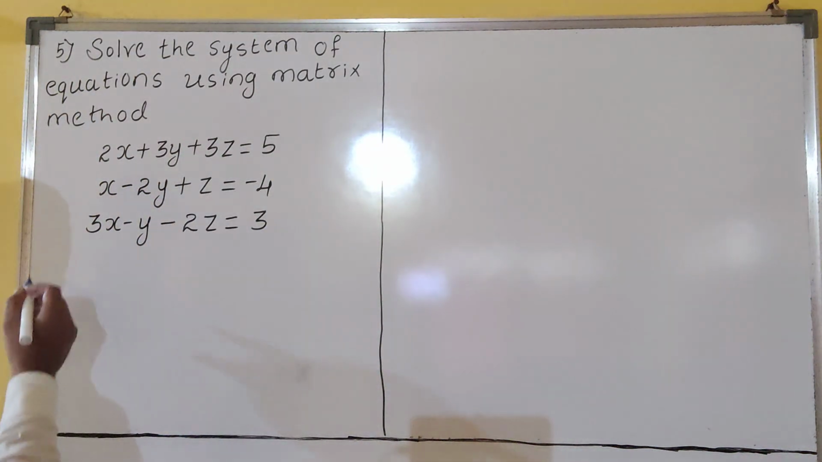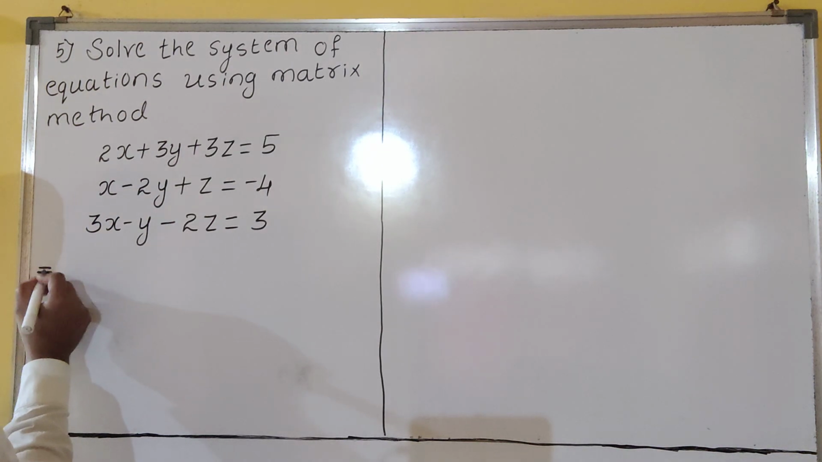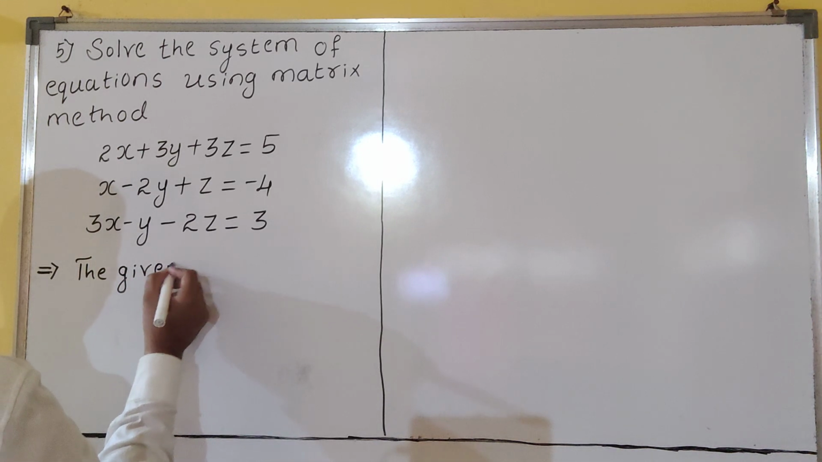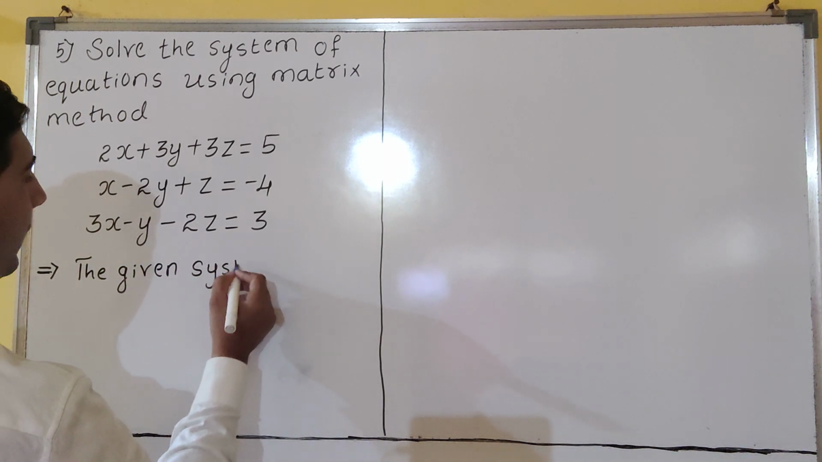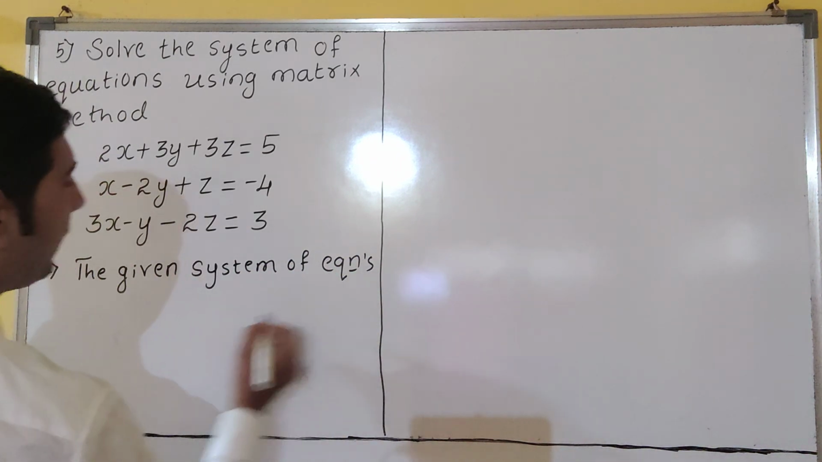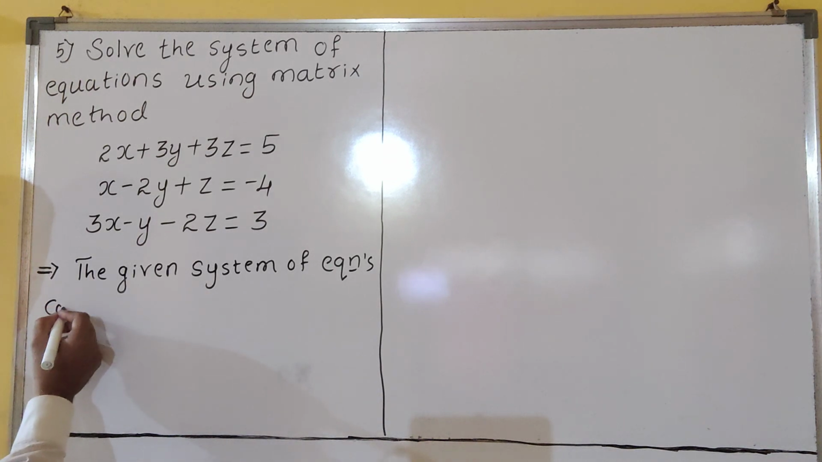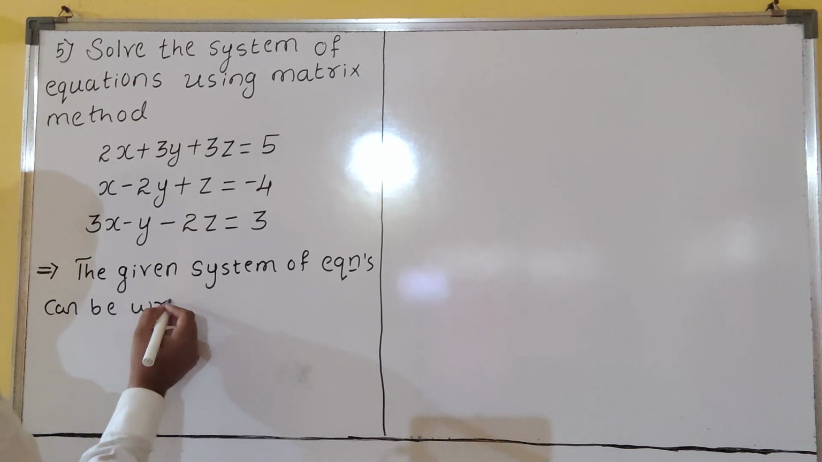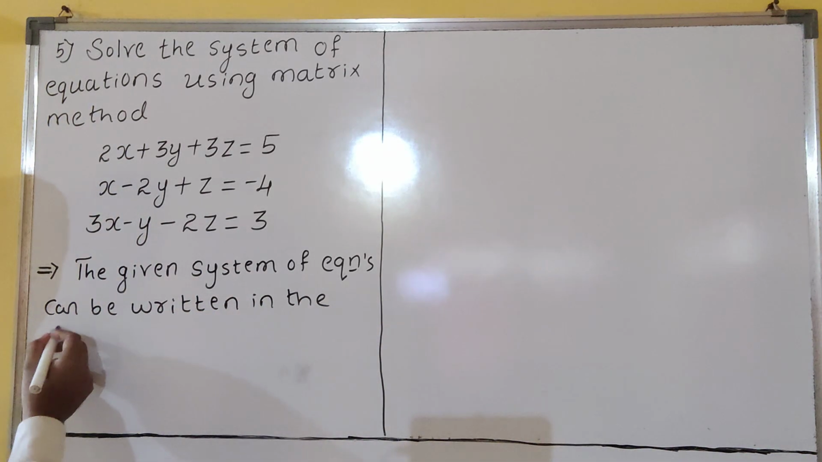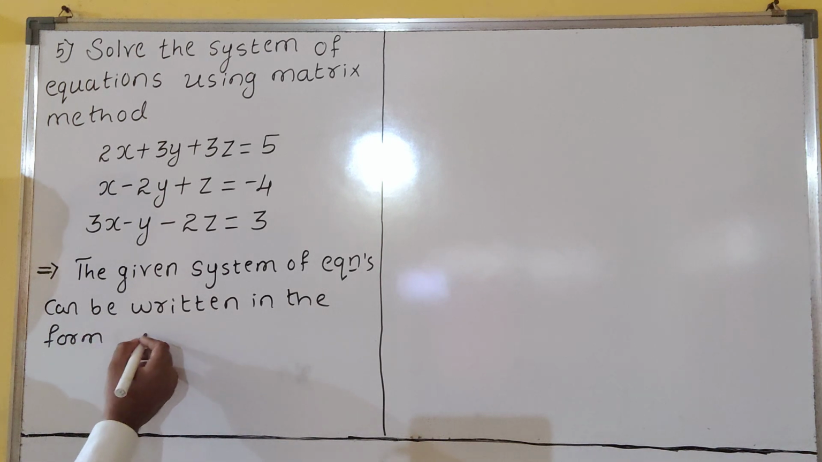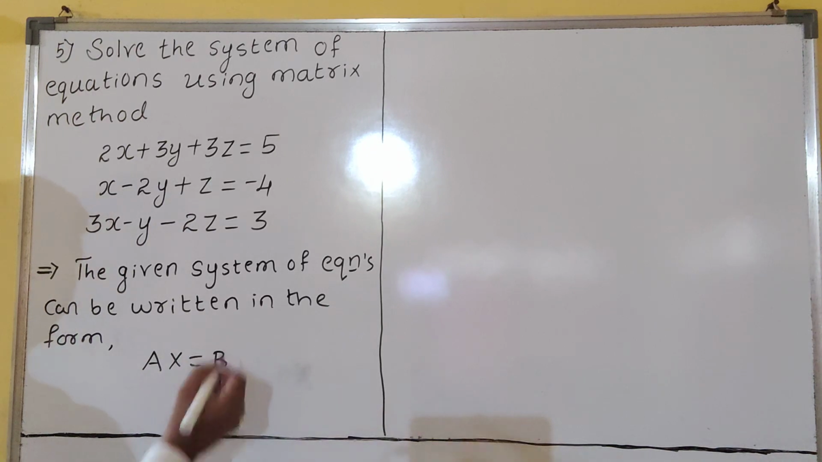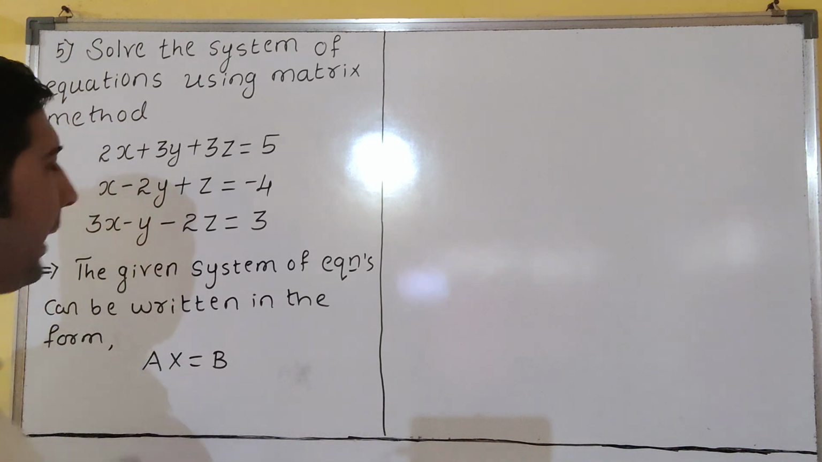So how to begin? You see here, first you write like this. First you have to write the given system of equations can be written in the form AX is equal to B, dear students. AX is equal to B, where